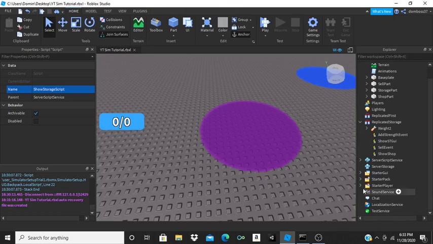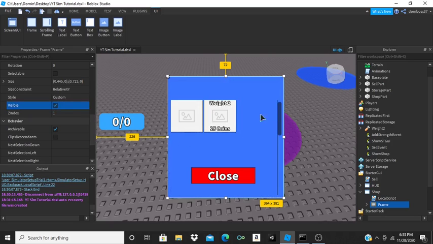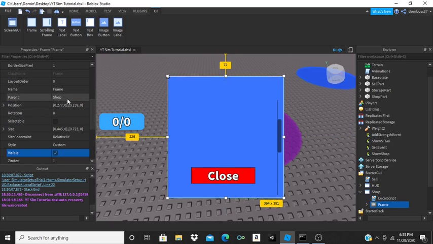So now what we're gonna wanna do is make our GUI here. So actually inside of our shop, let's just make the frame visible. Okay, so this is how it looks so far. It's not nice at all. We'll make it better in a future video, but right now, we're just gonna do our storages because